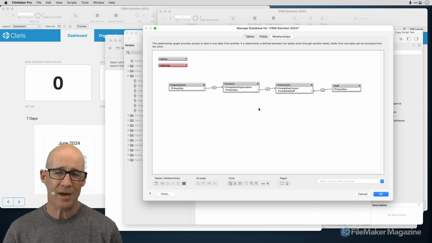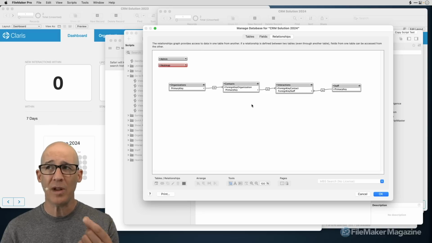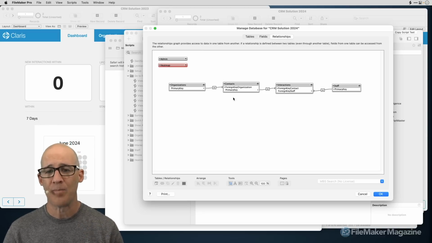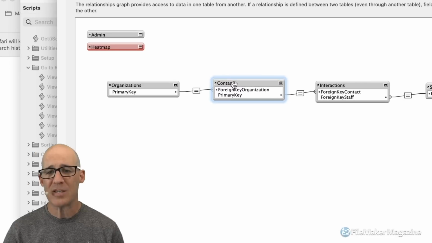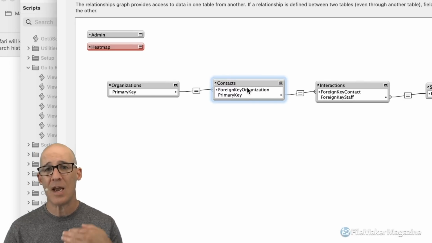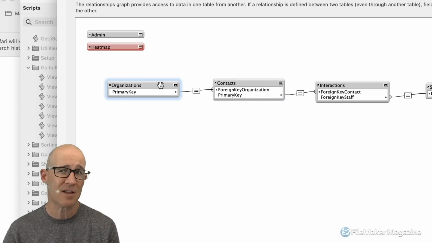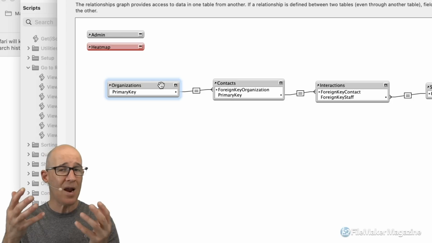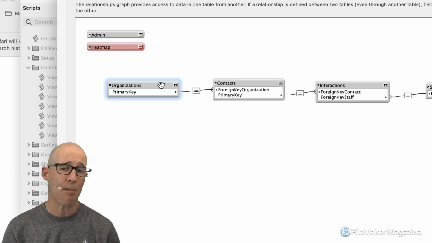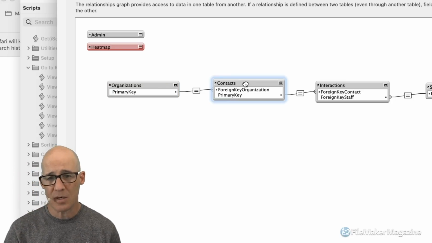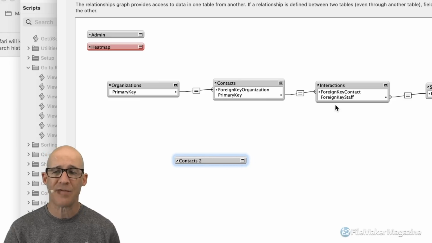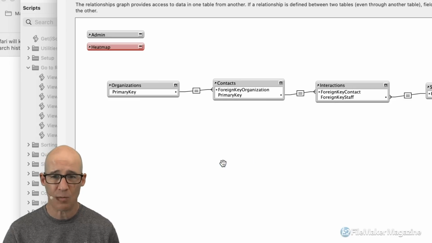But what we have here is, with the ability to execute the data API, I can have a layout based on this table occurrence, and I can say, give me some data, and this particular table occurrence, because of context, can see the data that's in these tables, and it can combine those data into the JSON that I get back. But what I can't do when I don't have write is, if I have, we'll undo that,